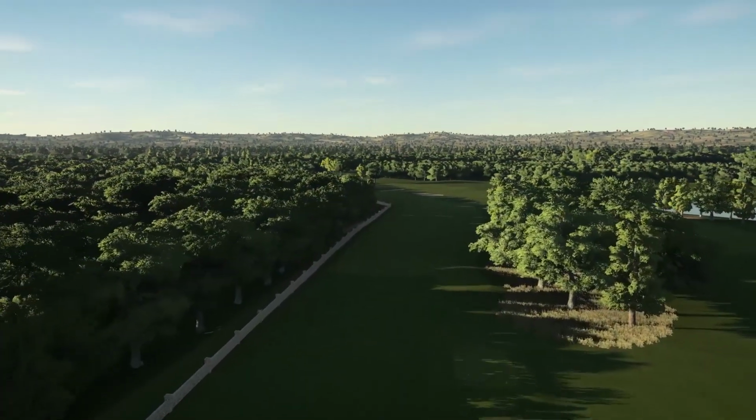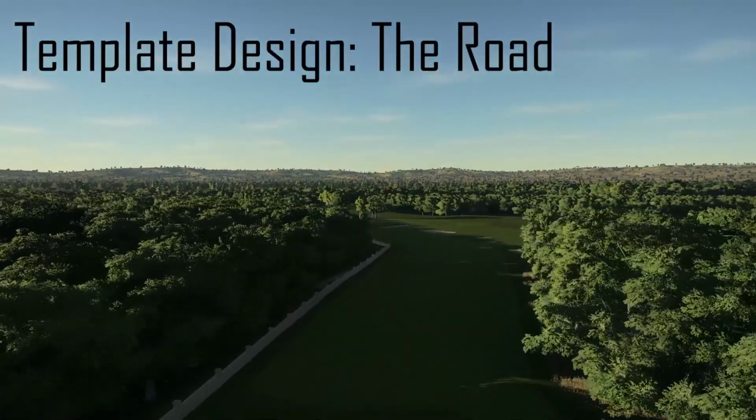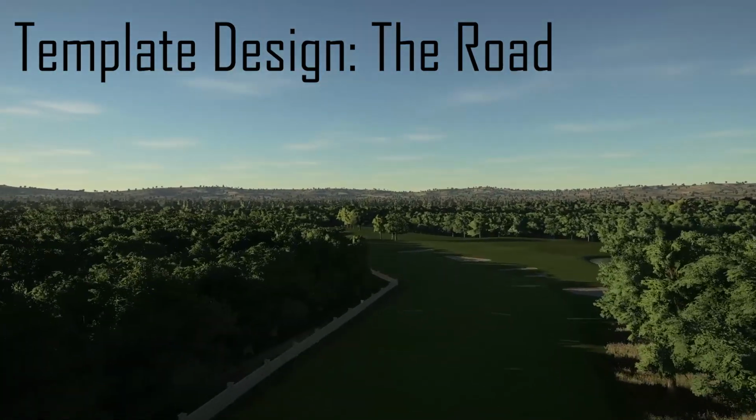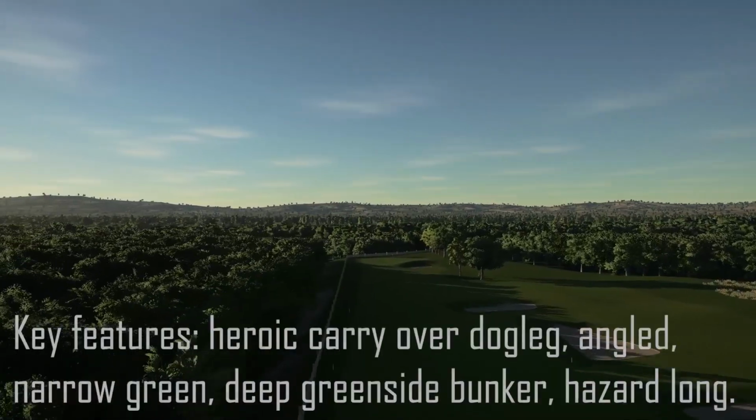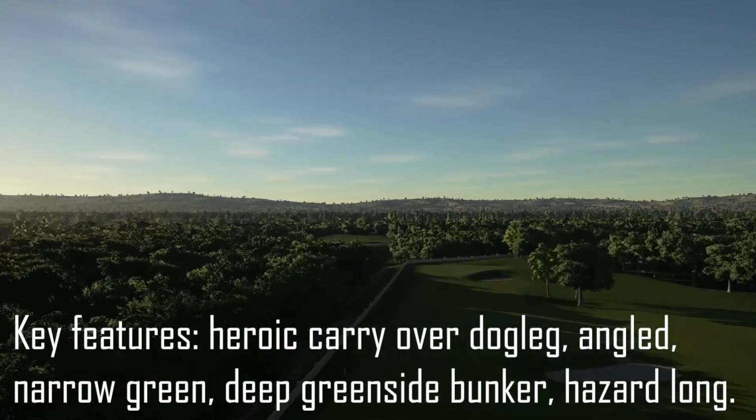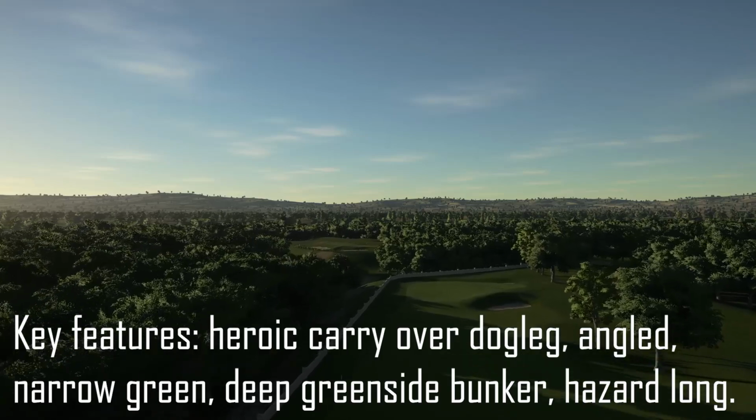Welcome back to another video in our template design series, and today we take a look at the road hole, typically a par 4 design, and it's based on the 17th at St Andrews Old Course. This features a blind heroic carry over the corner of a dogleg, which leads to an infinitely better angle into